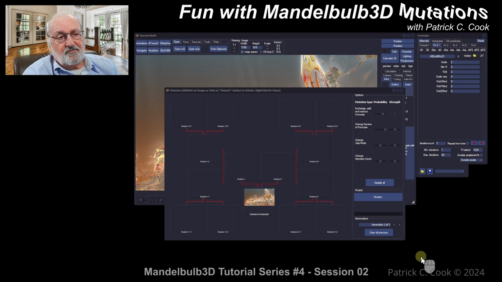There are a very few real masters of the Mandelbulb3D fractal generator. We don't need to be masters because there are ways that we can utilize the application creatively and get a lot of good, effectively great, and sometimes not so good, and sometimes very bad graphics. Now, the MutaGen is one tool that we can use